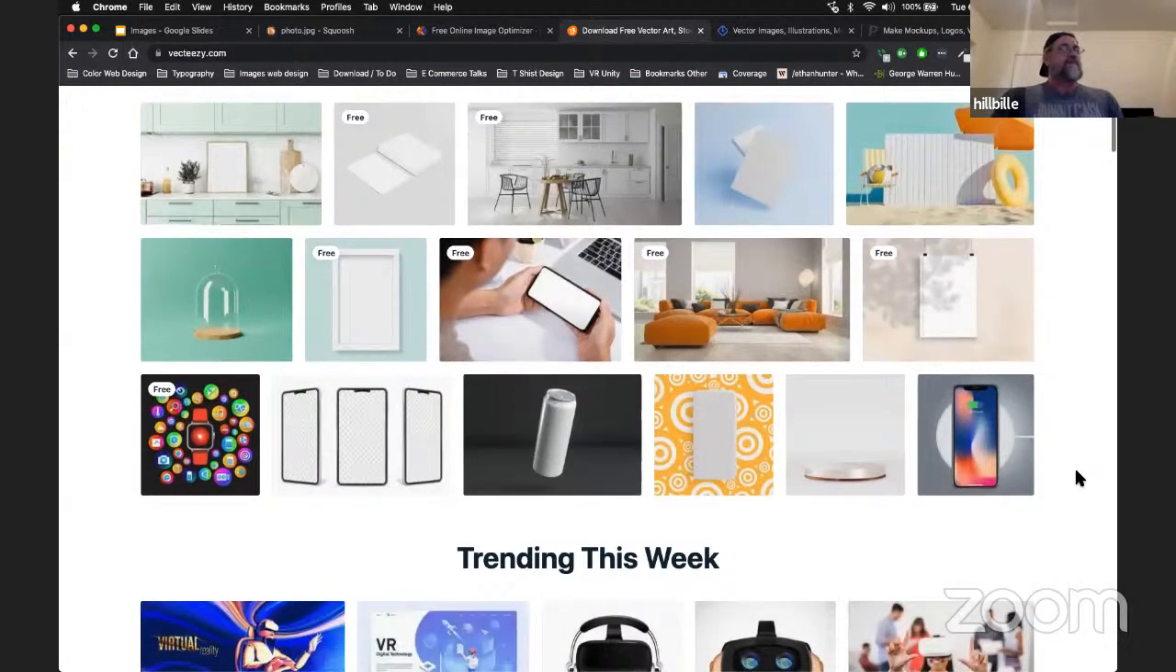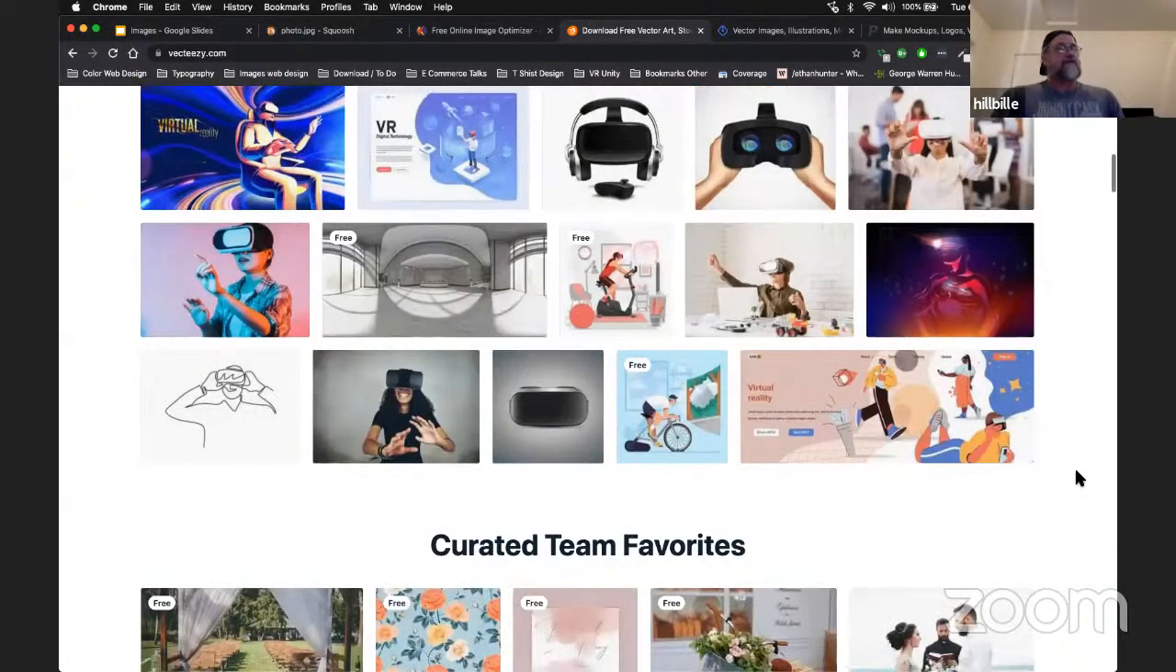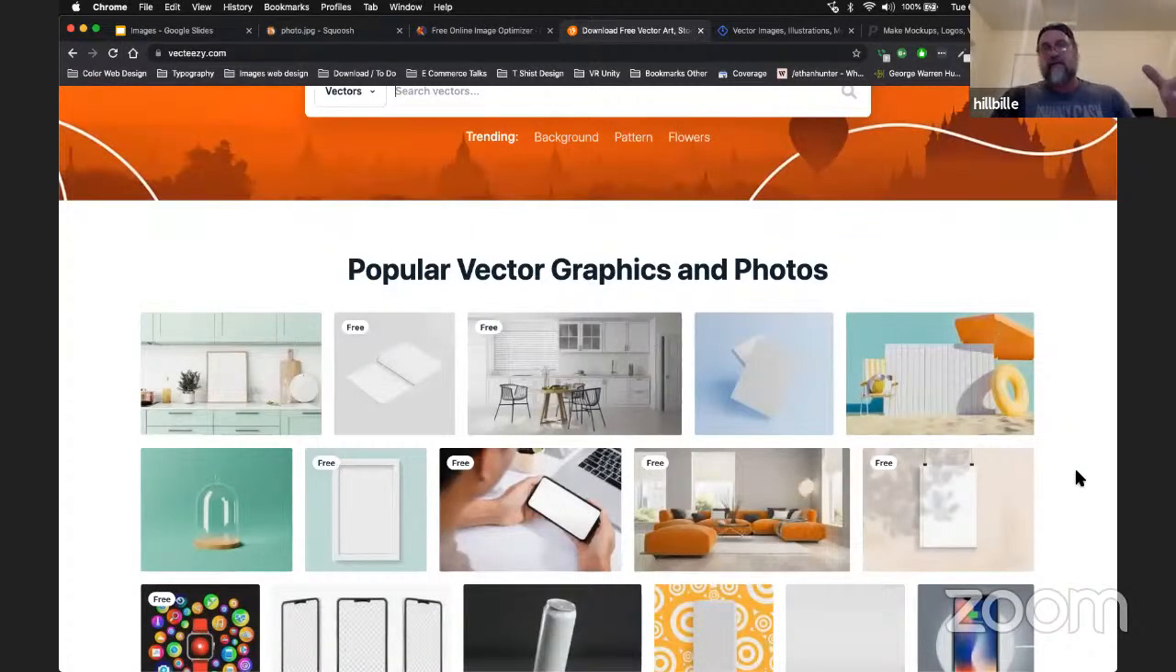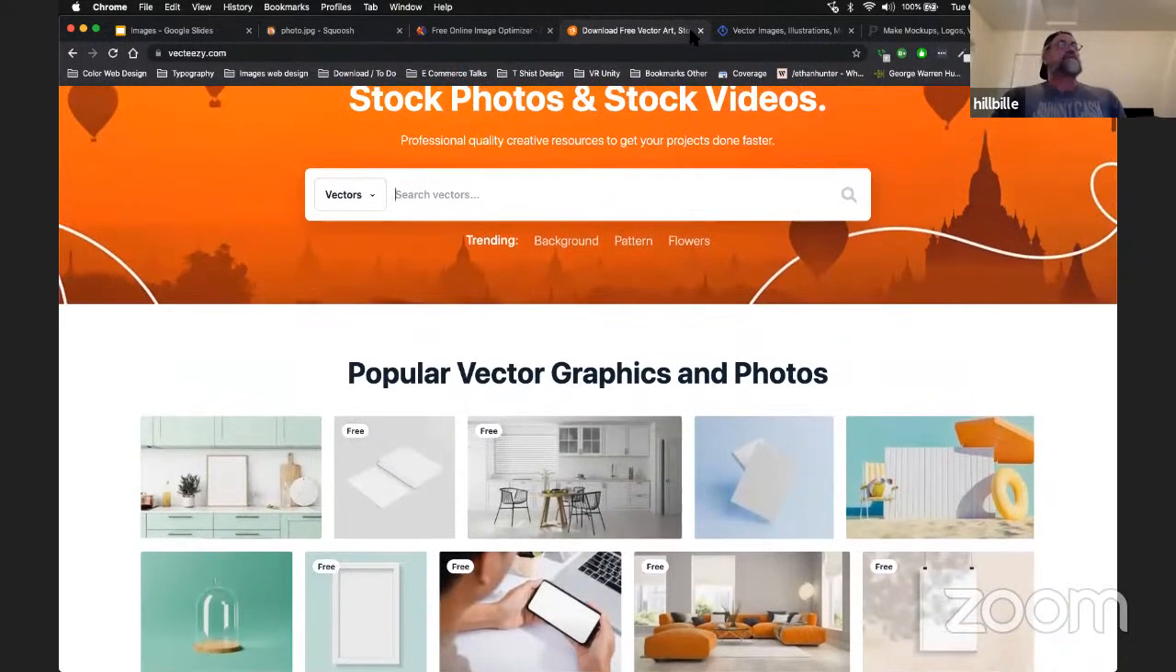I found them to be really great because sometimes they'll even have a PNG. If I'm looking for a photo, but I need something that doesn't have a background, this is a great place to go and find some of that. So Vexy is a great one, and